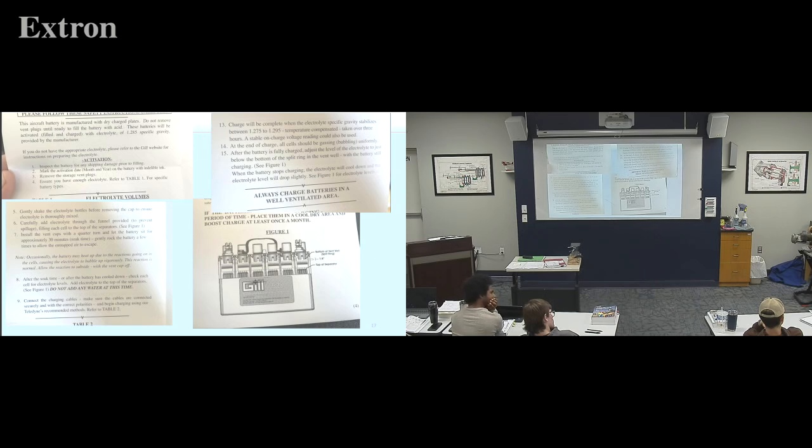This particular battery has, I think that's 12 cells. 1, 2, 3, 4, 5, 6, 7, 8, 9, 10, 11, 12. I should probably be careful how much I tip it so you can see. But at 1 point something cells,